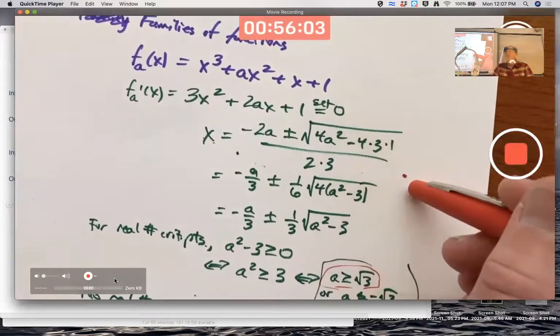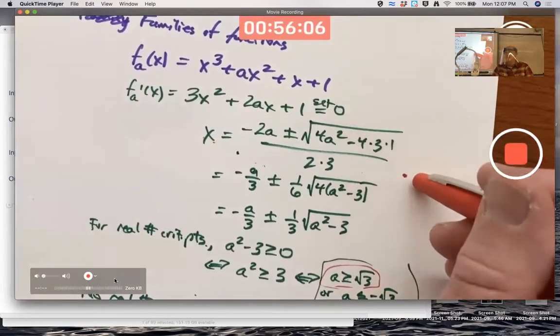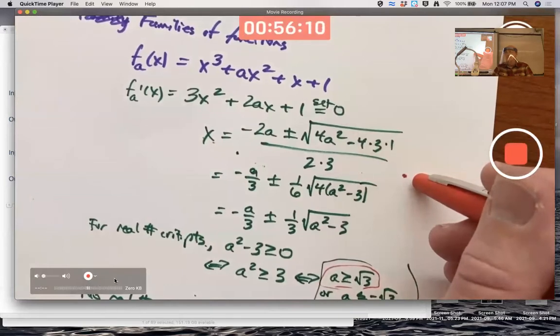You should always know the quadratic formula for any math class. I hope by now you don't feel like you need to put it on your note card. Maybe you still do, but